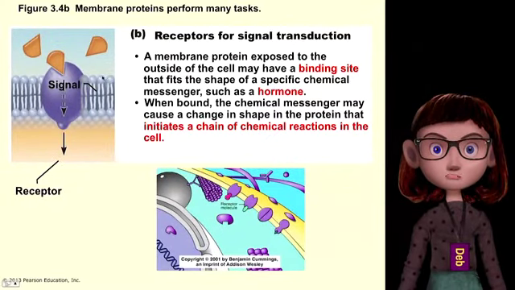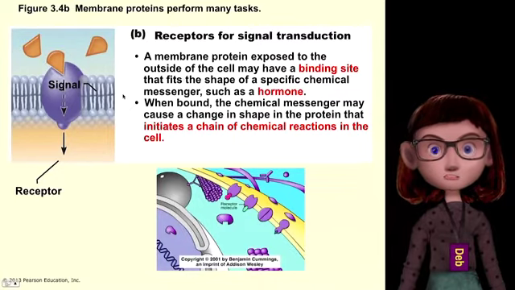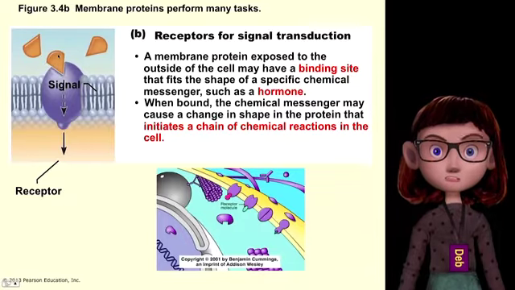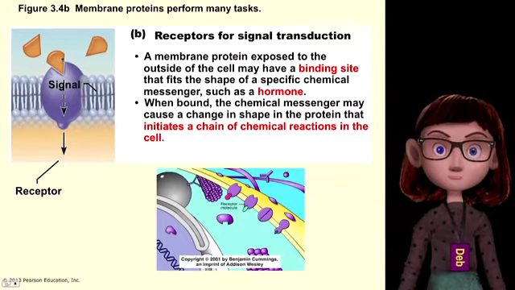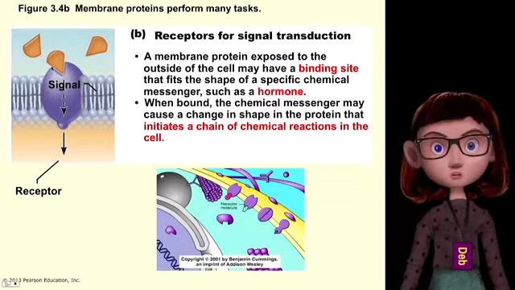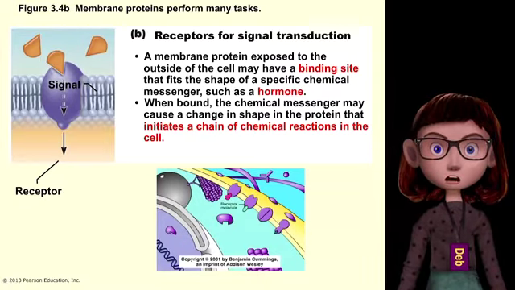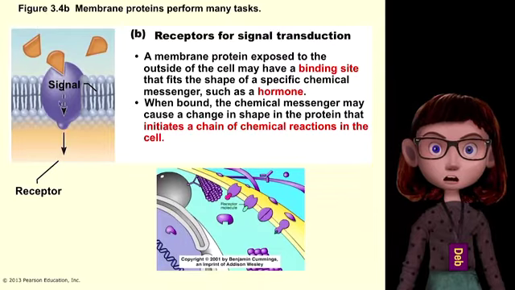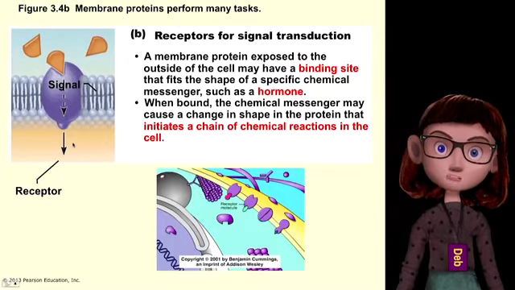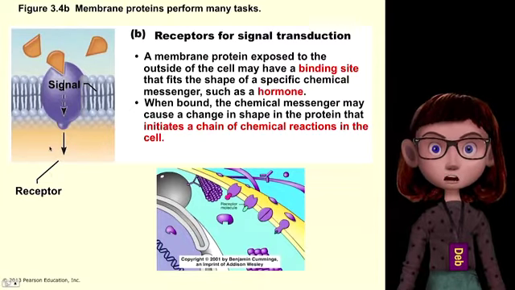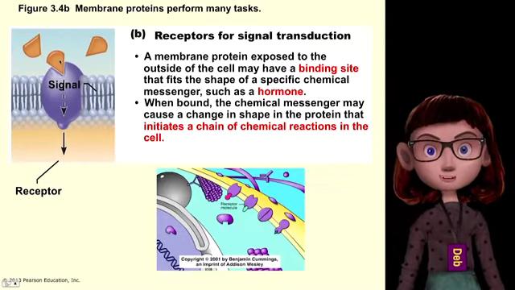Other proteins are receptors for signal transduction. So what's signal transduction? This is when a membrane protein that's exposed to the outside of the cell has a binding site that fits the shape of a specific chemical messenger, such as a hormone. When the chemical messenger is bound to that protein, it will actually cause the protein to change shape, and then that will initiate chemical reactions inside the cell, basically transducing a signal from receiving this messenger